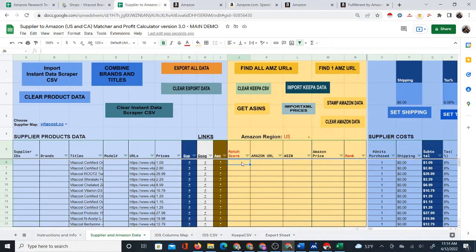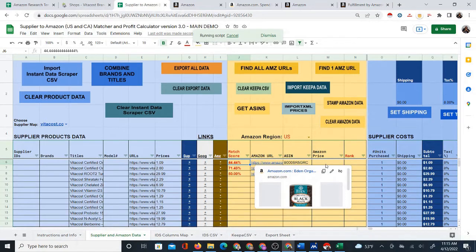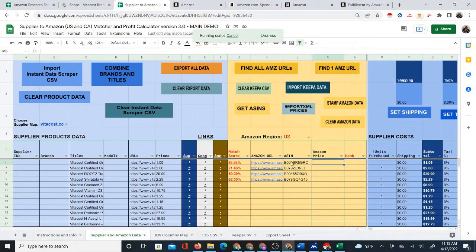So what I will do at this point is, first of all, you need to make sure that you're on the row where you want to start finding the URLs, because this function that we will use to automatically match the products starts wherever you are, whatever your current location is. Alright, and the highest it will start is here. So at this point I will click on Find All Amazon URLs,